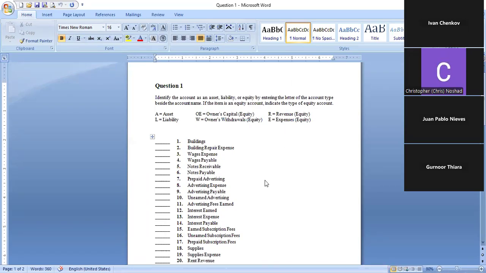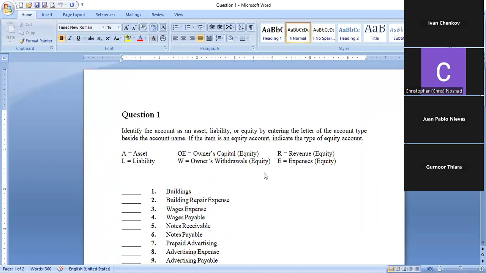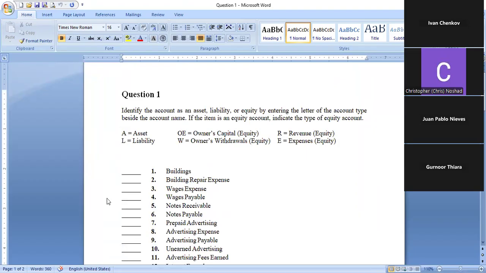Now let's see this question. I'm going to show you different accounts. What you have to identify is whether the account belongs to asset, liability, owner's equity, or whether it is a withdrawal, revenue, or expense. Now, the simple basic rule,